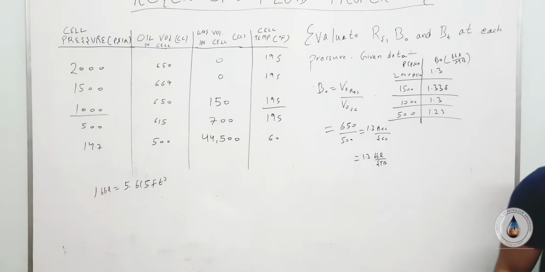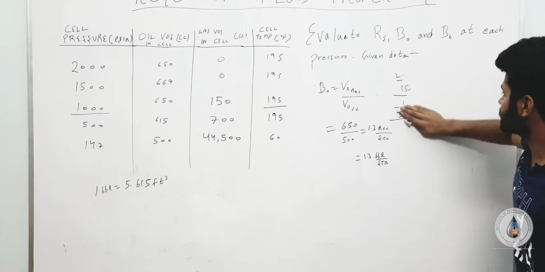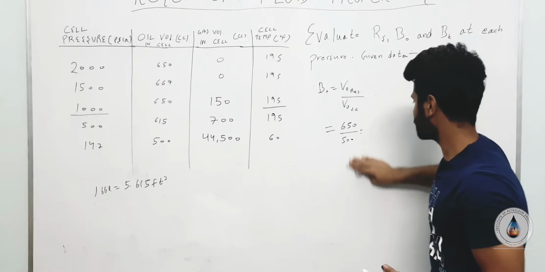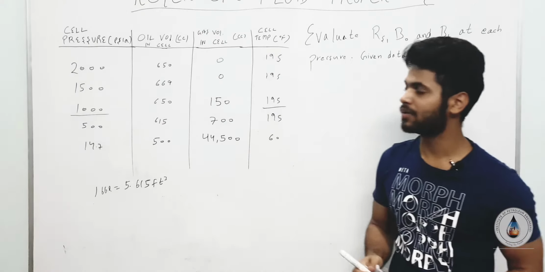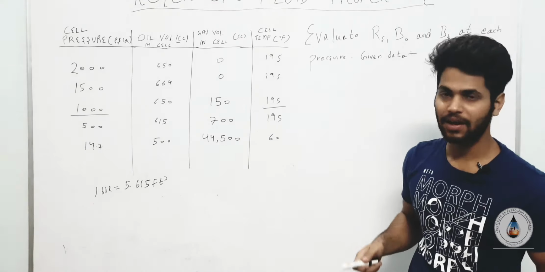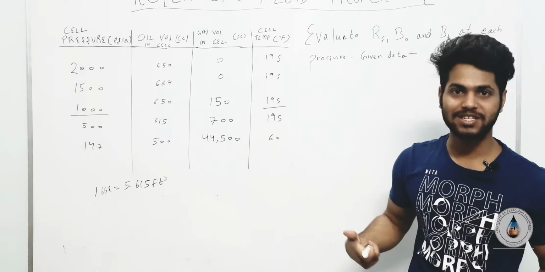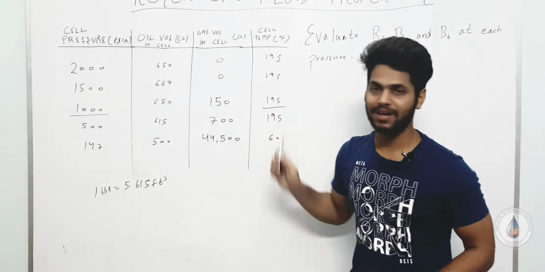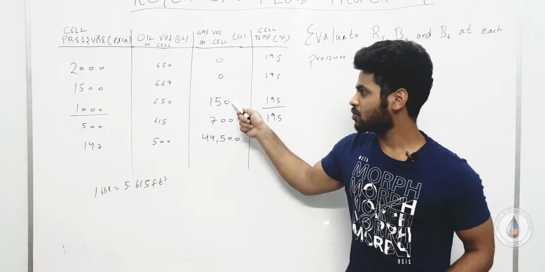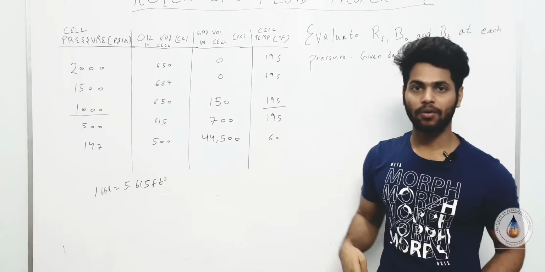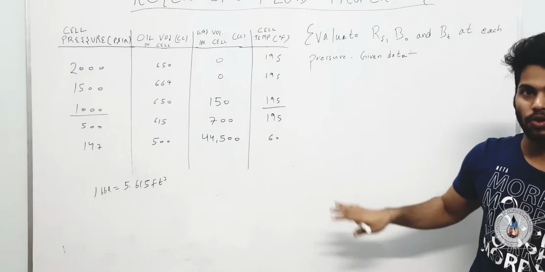Now what we have to find? We have to find Bt at all pressure values. See, in this question the main thing that we had to consider was that our units were not in field unit terms, and second, the volume of gas that has evolved from my cell chamber was given at my reservoir pressure and temperature conditions. So to evaluate the amount of dissolved gas, I first had to convert it to surface condition and then subtract it from the total amount of gas. So that was the main concept that this particular question had to impart.